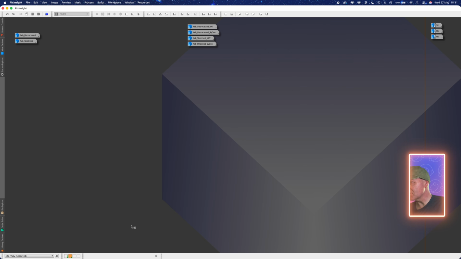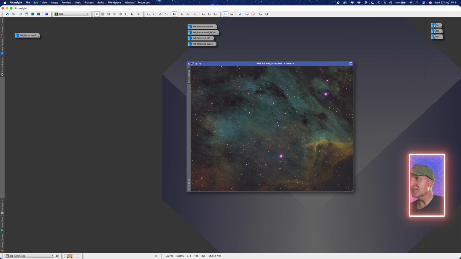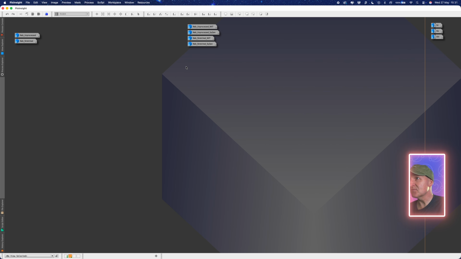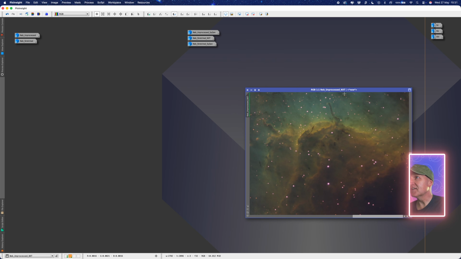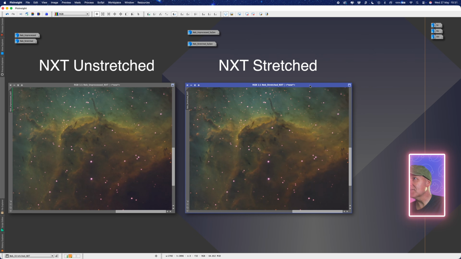I just thought it'd be worth having a look at a second version, but this time with an unprocessed and processed version of a nebula, the Pelican Nebula in this case. And again, all that's different is that one has had just a histogram stretch. That's it. They've both been color calibrated. They've both had BlurXTerminator applied. So if we look at the nebula processed version, a close-up of that one, and a stretched version rather, again, I don't really see too much in the differences,